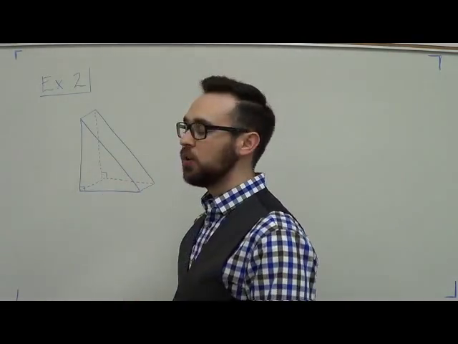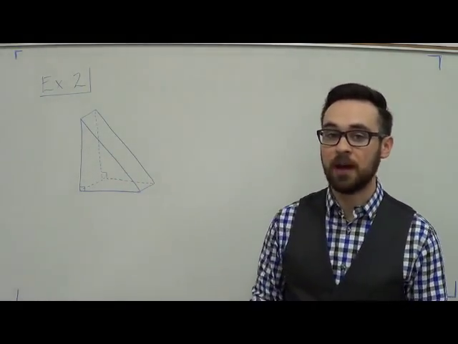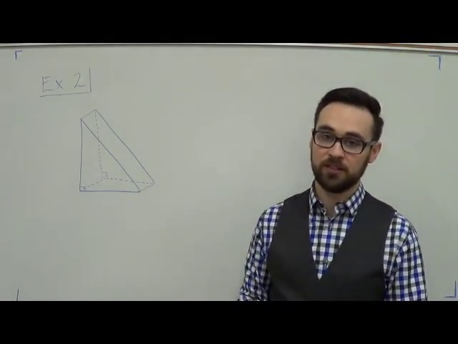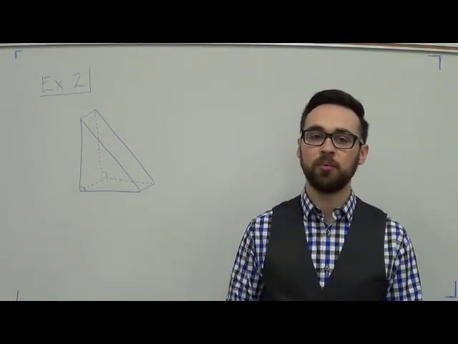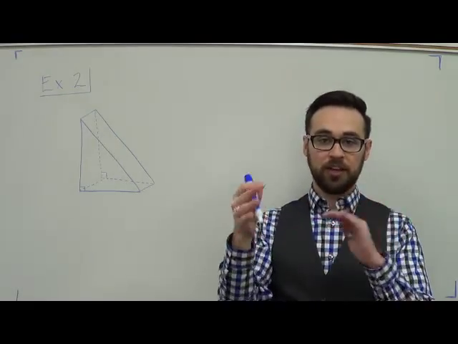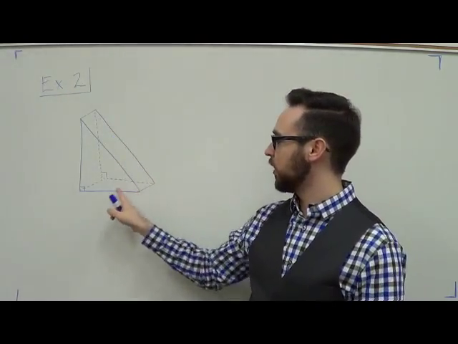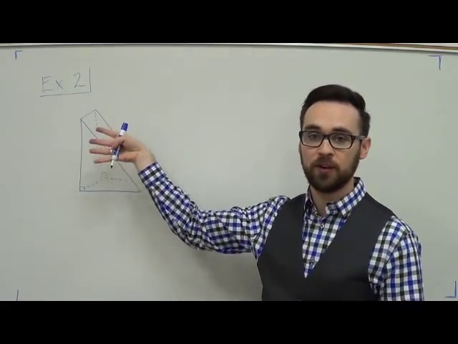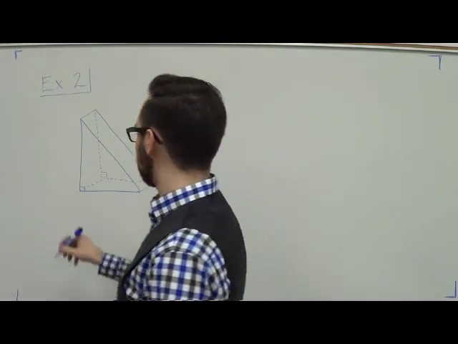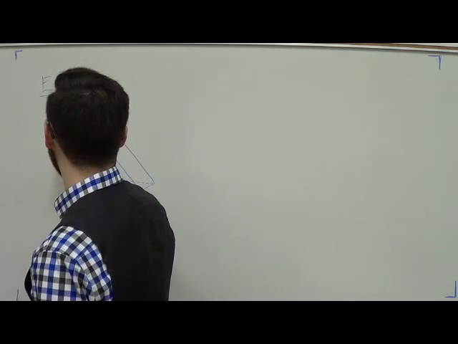Now with this one, the only ones that we know are the same are the front and the back. The sides are not all going to be the same. So it's a little different than a rectangular prism because that's a box where you're looking at two of these, and two of these, right? Well, this one, all three of these are different, but the triangle in the front and the back are going to be the same. So let's say we have here a height of 12 centimeters,